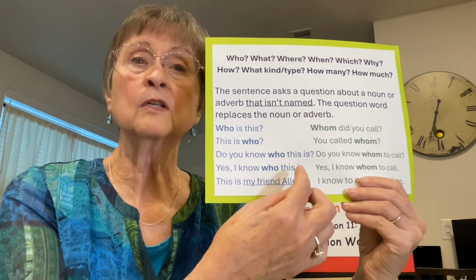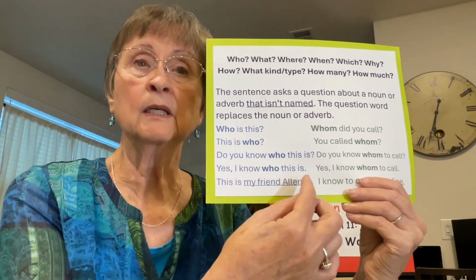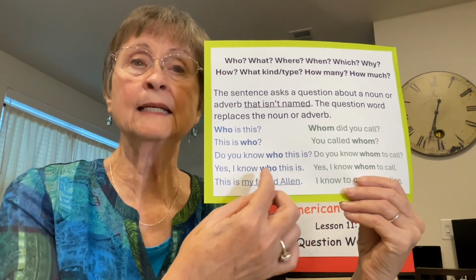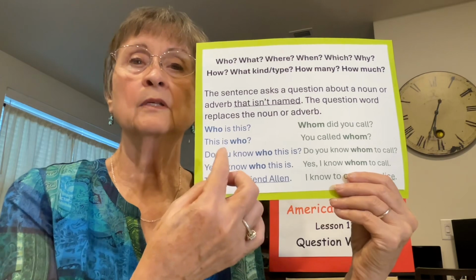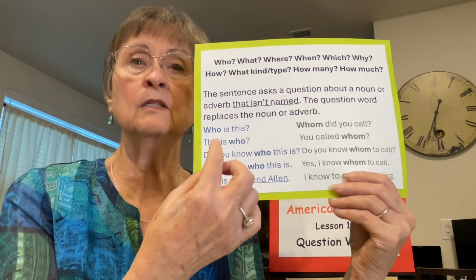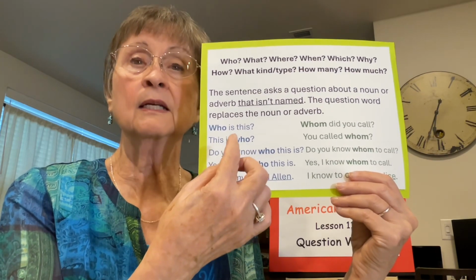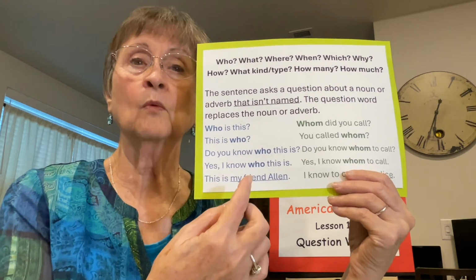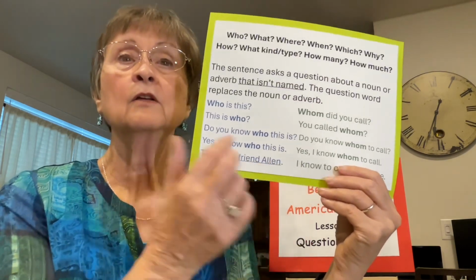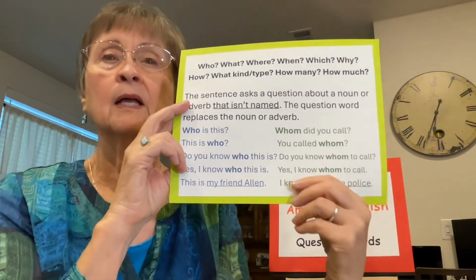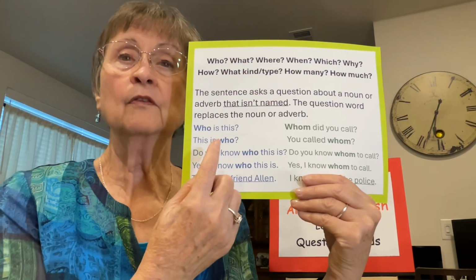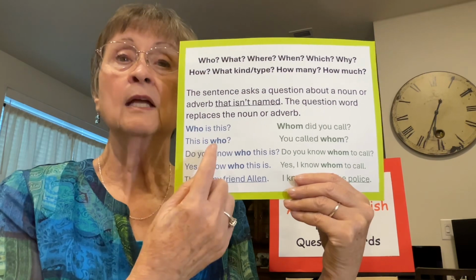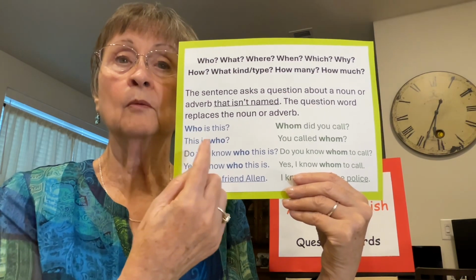Now the little question is inside the statement here. So it ends at a period. But the question is hidden inside. Who is it? It's this is, except in this one it's who is this. This is a linking verb, so which one we put on which side doesn't change the word who. However, you see the green sentences, because the verb cannot have a direct object, it stays who, no matter which side of the verb it's on.